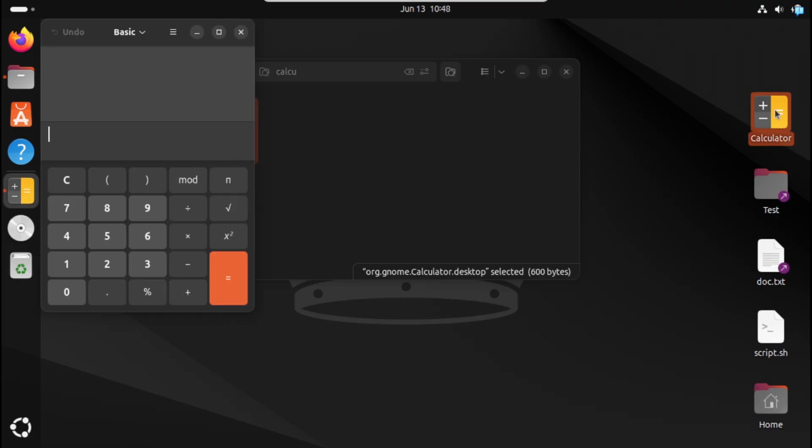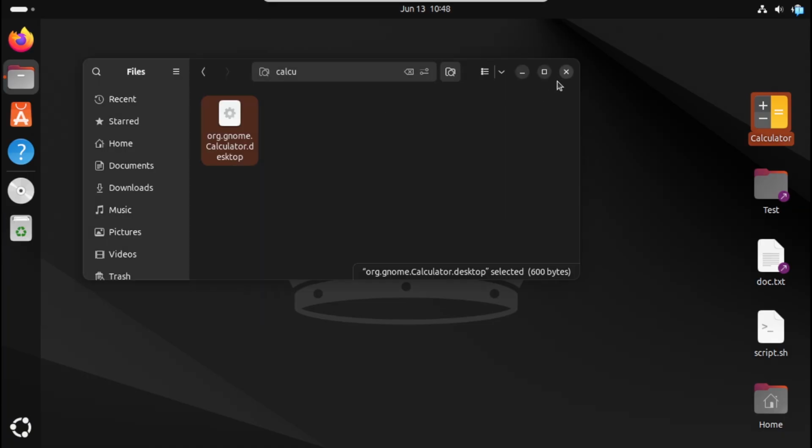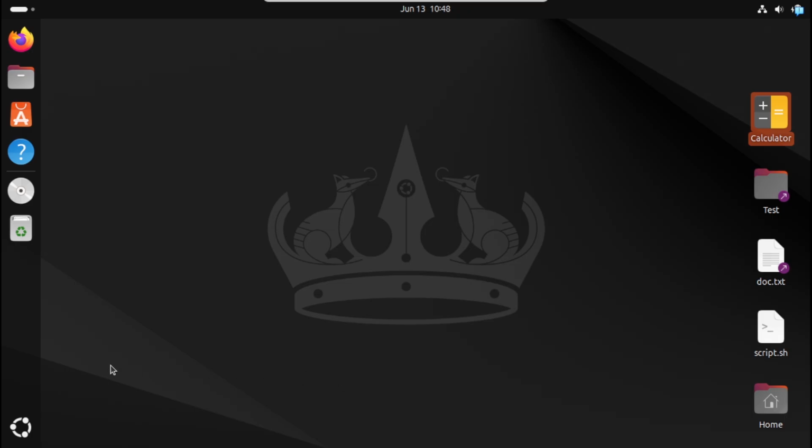And that's it. Today we have learned how to create desktop shortcuts in Ubuntu for applications, files, and folders. Those shortcuts can enhance your productivity and